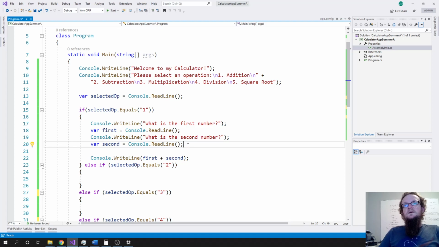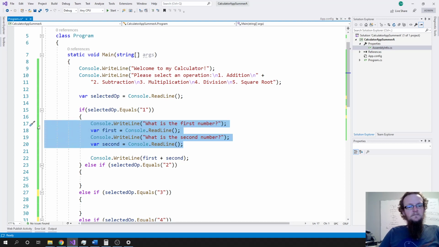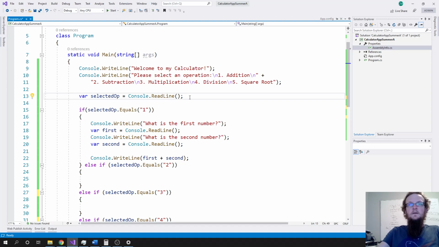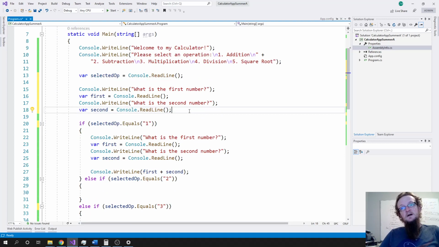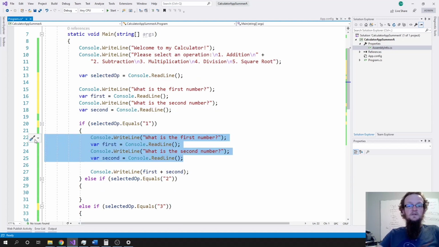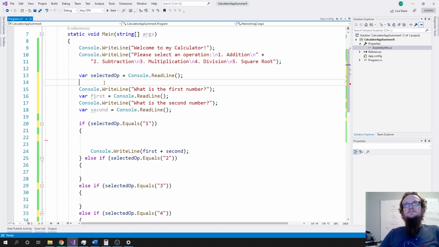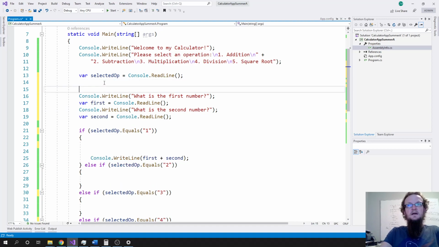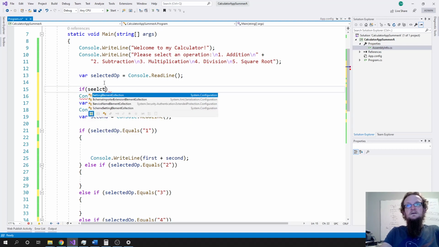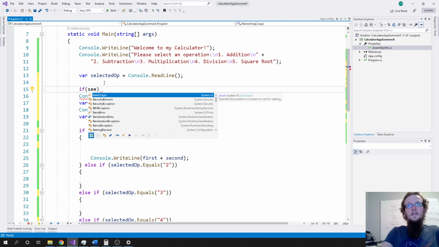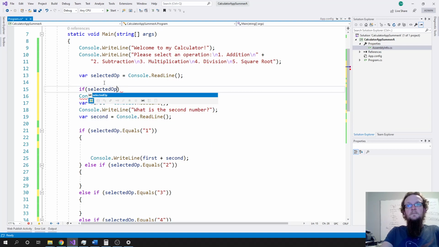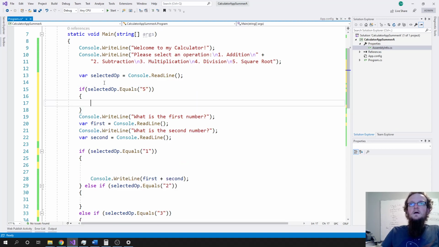So what we probably could do is we could have this block of code not replicated a million times, and instead we could do something like if selectedOp dot equals a 5, then we would do